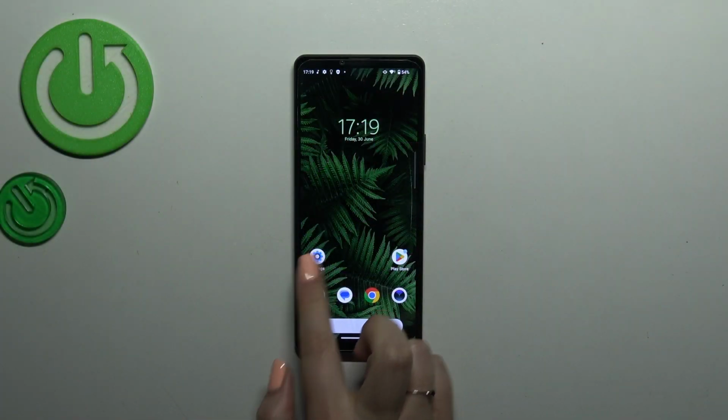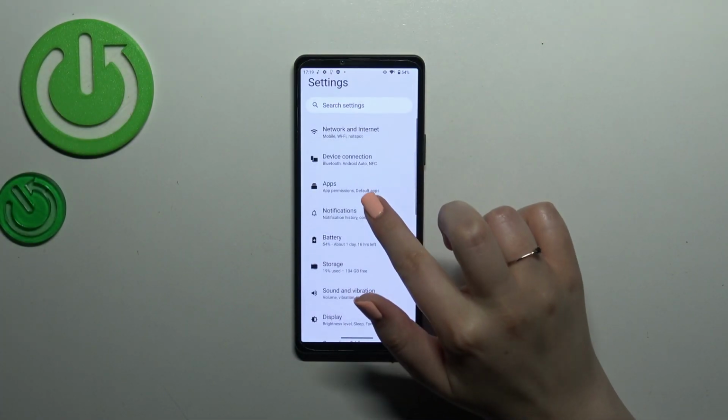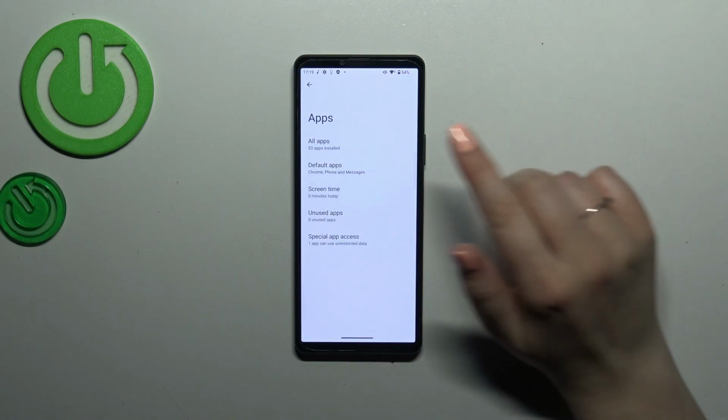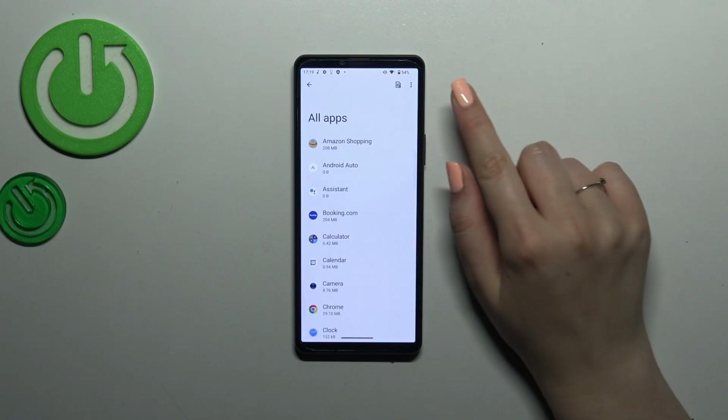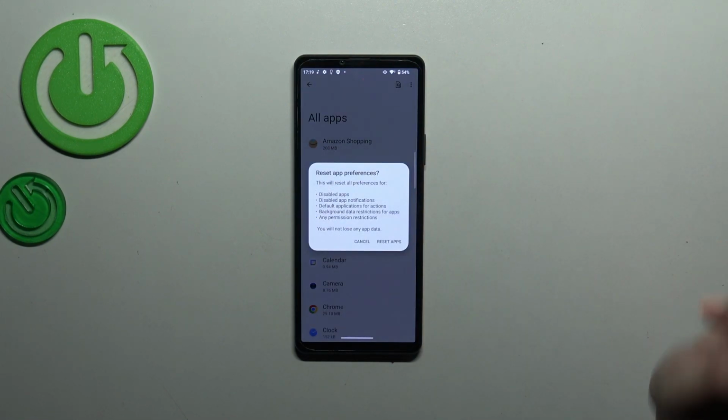So firstly, we have to enter the settings, and then in this list find the apps. Let's tap on them. Now let's tap on all apps and the three dots icon in the right upper corner. Now let's tap on Reset app preferences, and as you can see, your device will inform you that it will